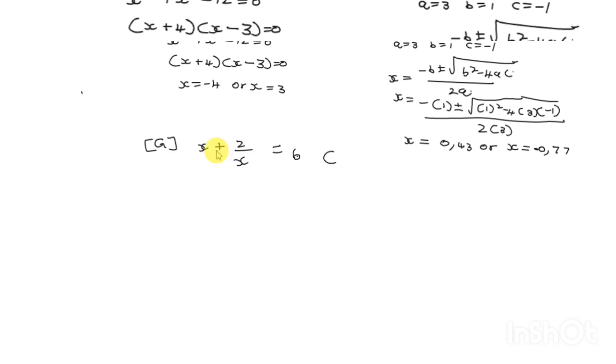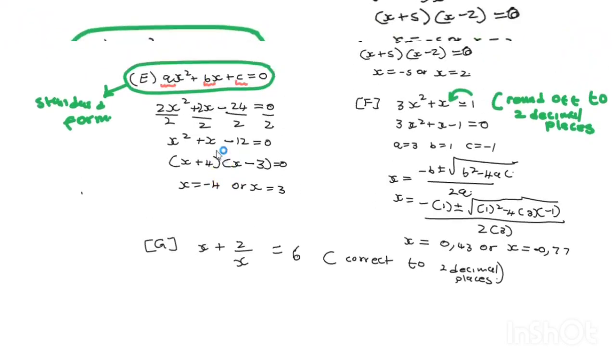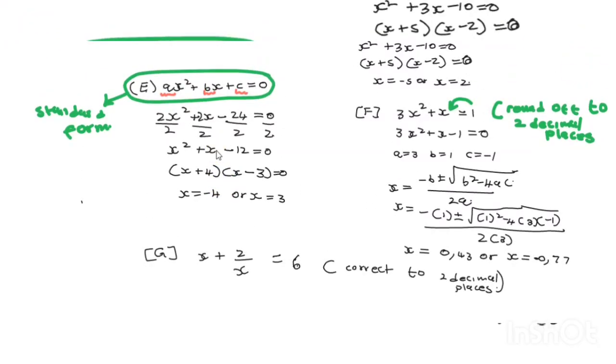And then maybe they say correct to 2 decimal places. So if they say correct to 2 decimal places, remember that we are given an equation that is not in